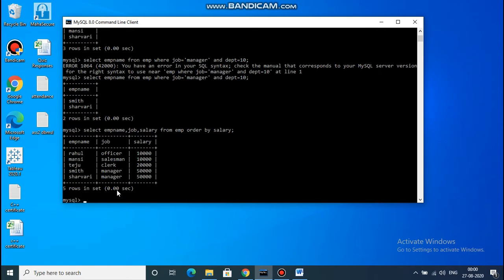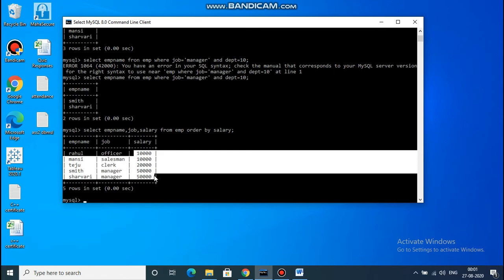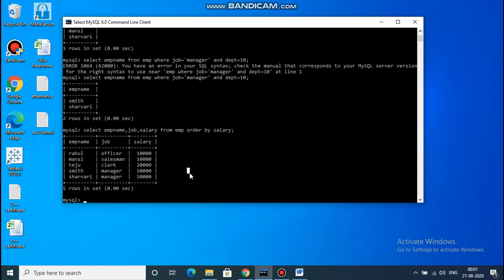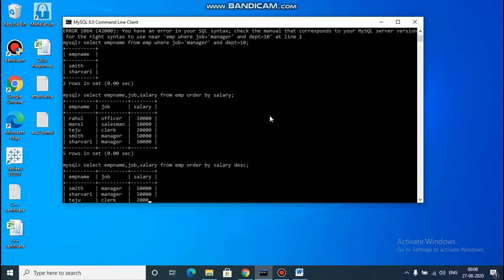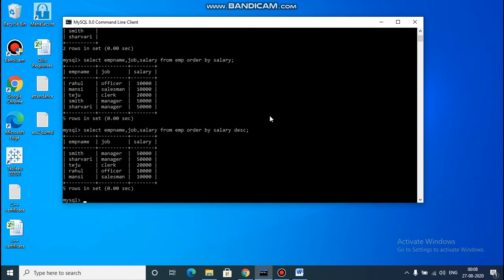You can see here this is the ascending order of salary. Next DML query, display emp name with job in descending order of salary. In that query we just mention DESC, semicolon, for descending order of the salary.